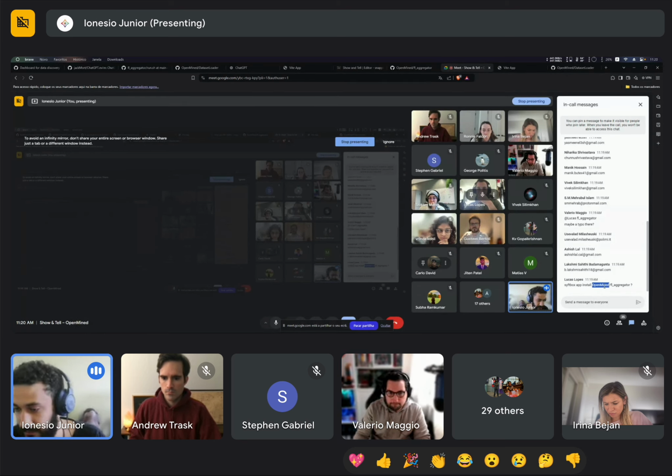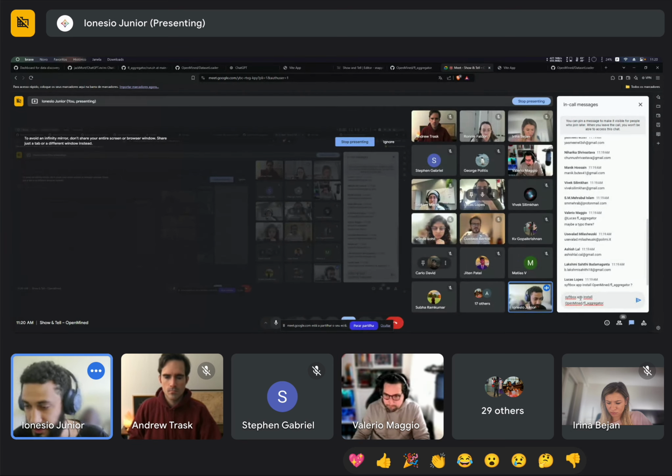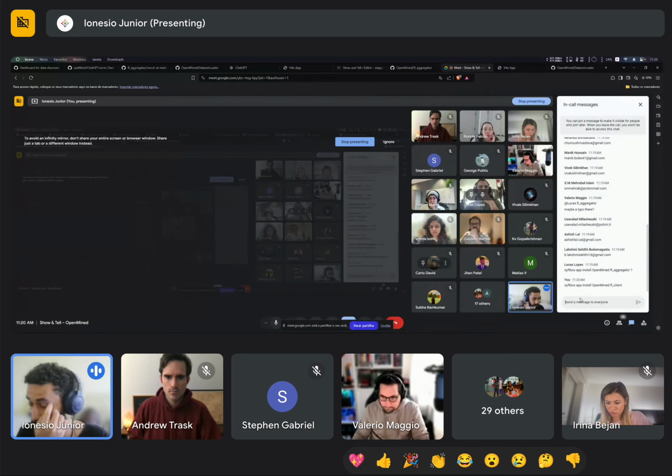No, because you will be the FL client instead of FL aggregator. This is a two APIs type of application where we have a central aggregator. In this case, it would be myself, and the other peers will be running the FL client, right? So this is the piece that you actually need to run.